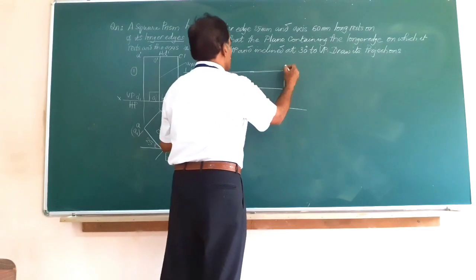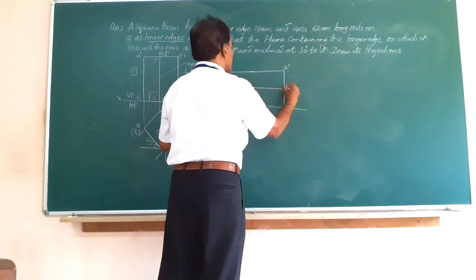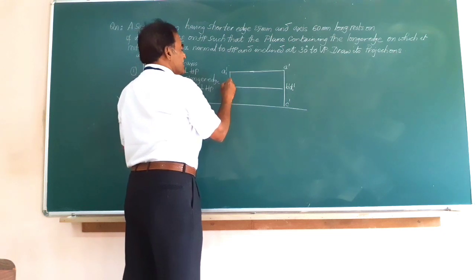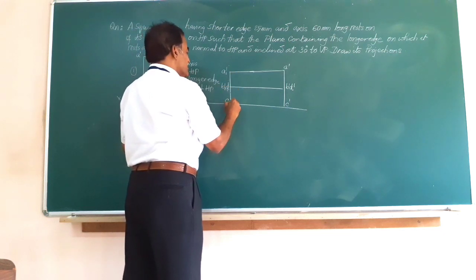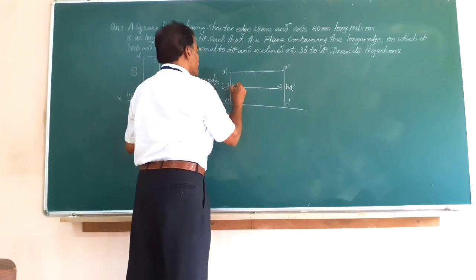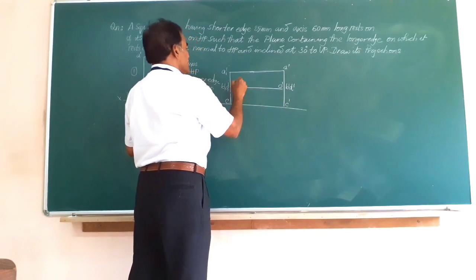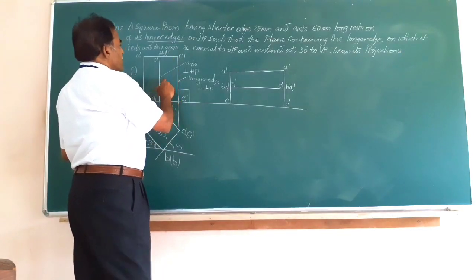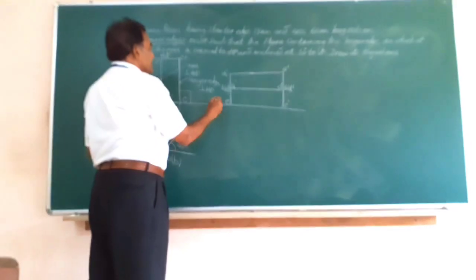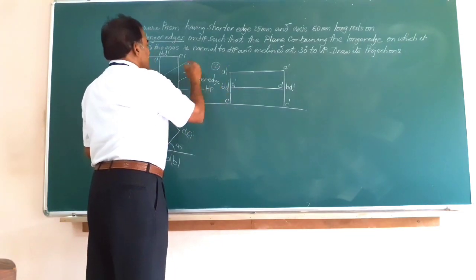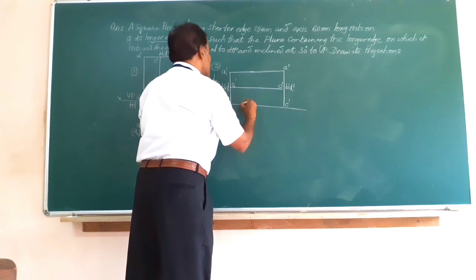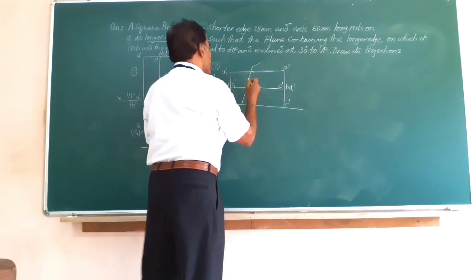So A dash will go to top. This is B dash, B dash. And this point is C dash. On the bottom you have A1 dash, B1 dash, C1 dash, and the axis O1. You can see, friends, in figure number 1 the axis was perpendicular to HP. In figure number 2, that line C dash C1 dash is resting on XY. I will say here longer edge on HP.